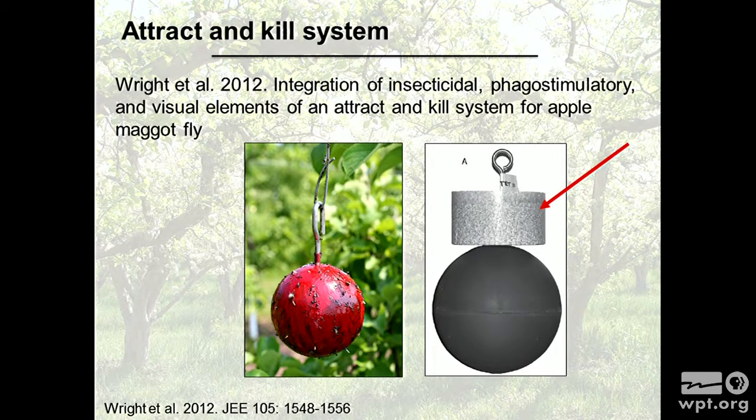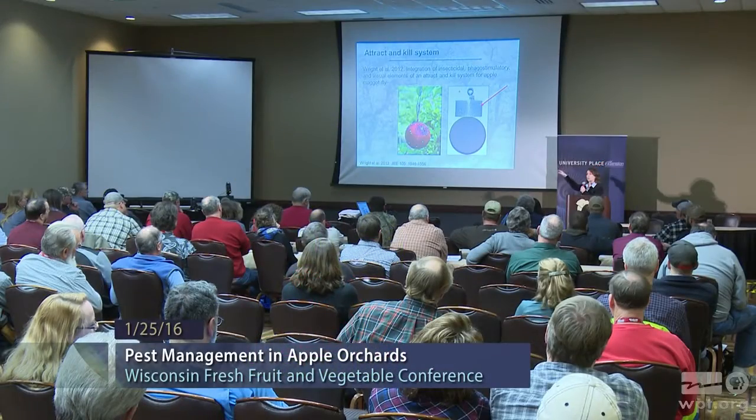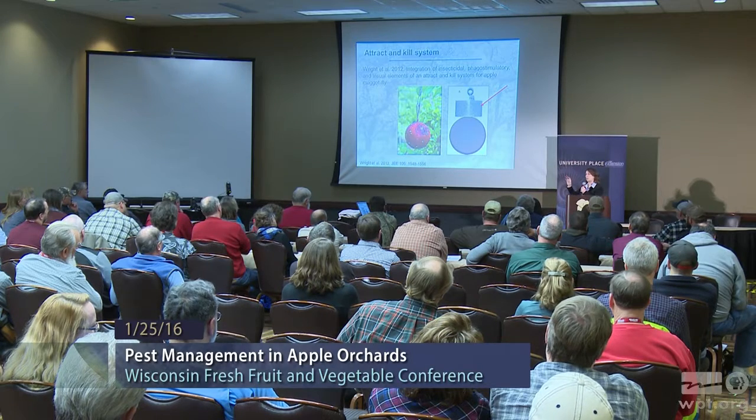And you can put then an insecticide on the red sphere and kill them. That will be your trap out. As they come in, you kill them. And so you don't have any more a sticky material there. You're just killing them as they touch the sphere. So step 1 was the red sphere.